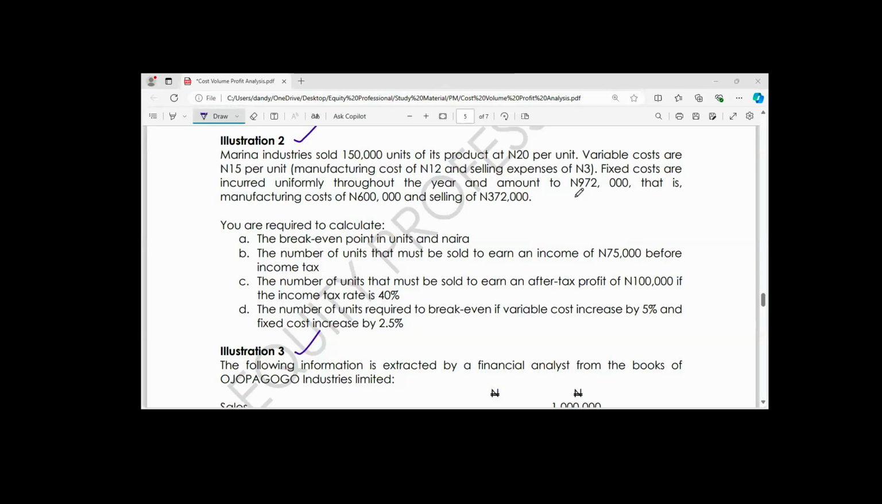We are required to calculate the break-even point in units and naira, the number of units that must be sold to earn an income of 75,000 naira before income tax, the number of units that must be sold to earn an after-tax profit of 100,000 naira if the income tax rate is 40%, and the number of units required to break even if variable cost increases by 5% and fixed cost increases by 2.5%. Thank you very much. Yes, that is the question. In the A requirements,